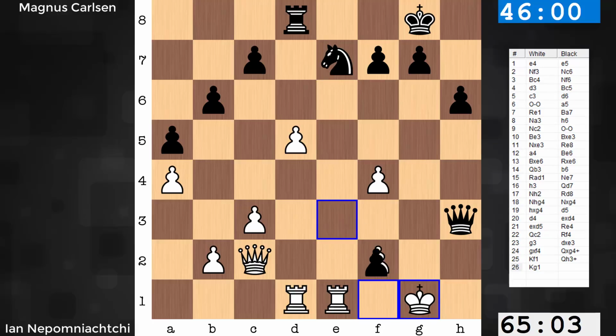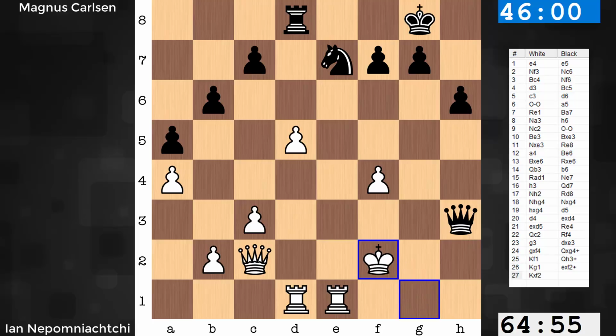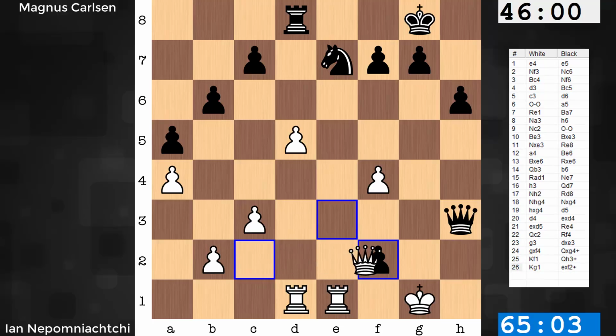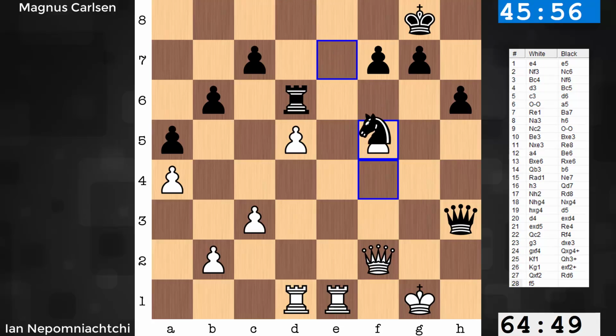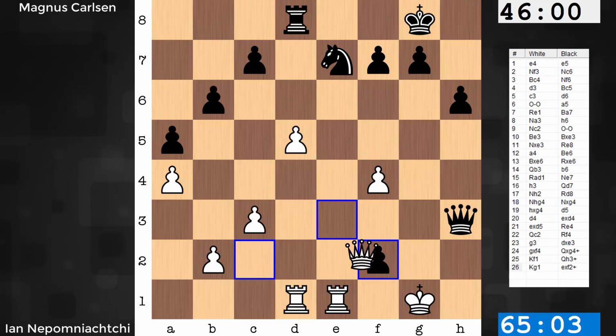But black could capture on f2 here. There aren't many choices. You have two legal moves. King takes f2 would be met with the skewer. There goes the queen. And queen takes f2 could now be met with rook d6. And I don't know what white is going to do about rook g6. f5 does not help. The knight picks it up. The queen's defending. Once more, this rook is getting here,